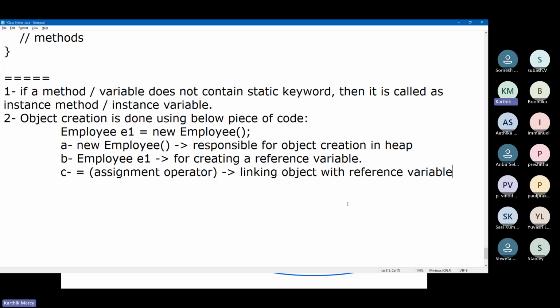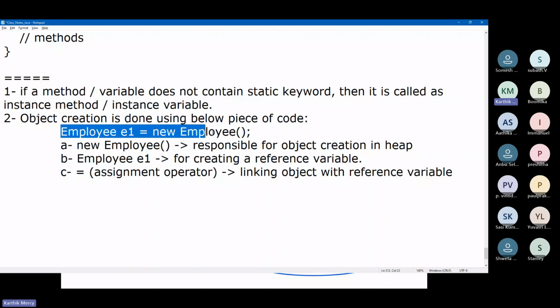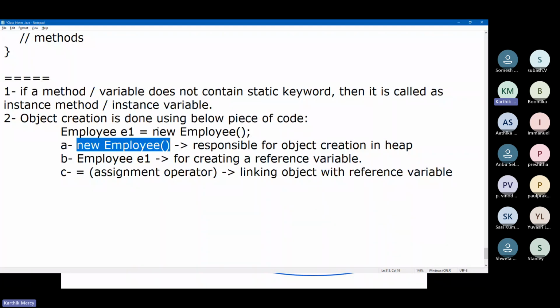So the important point I wanted to say is that by using this particular piece of Java code, we are creating an object. This piece of code has three important points. One is new Employee(), which is responsible for creating the object in the heap.